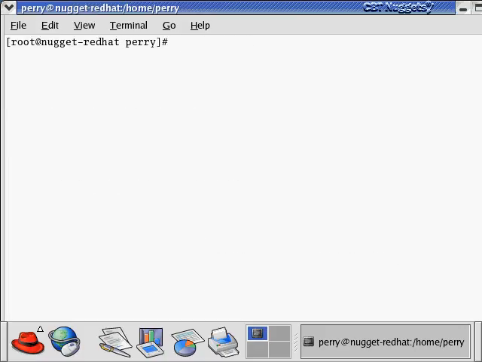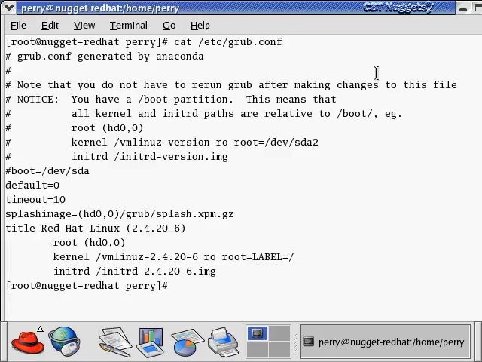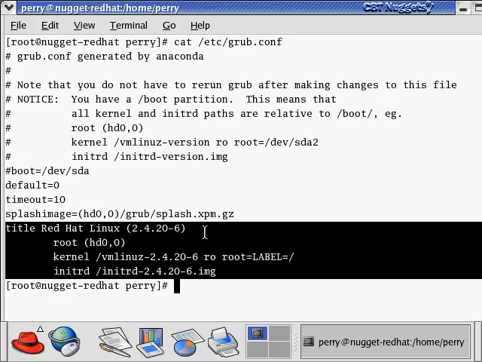Now, Grub's a lot like Lilo in that Grub can be installed in the master boot record to control the booting of multiple operating systems on your computer. So first, let's look at the grub.conf configuration file that's on my computer, and this is ridiculously simple because I only have one operating system, so I only have one entry here, and this has the title, Red Hat Linux